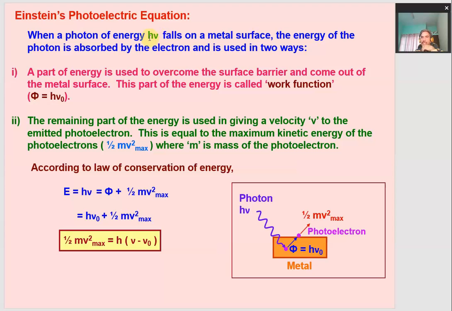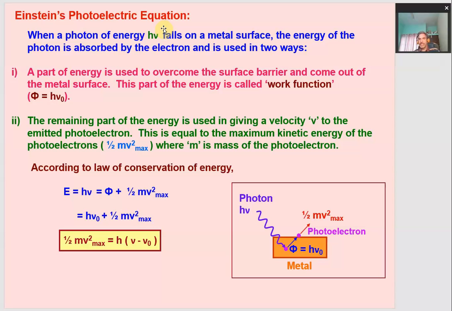So when this radiation is incident on the metal surface, the energy of a photon is absorbed by the electron, right? So the energy of one photon is absorbed by one electron alone. All of the energy possessed by one photon is transferred to one electron only. It is not like the energy of a photon is shared by a number of electrons. One photon is completely absorbed by one electron, or in other words, the energy of one photon is completely taken by one electron.